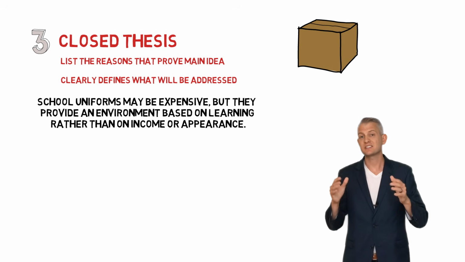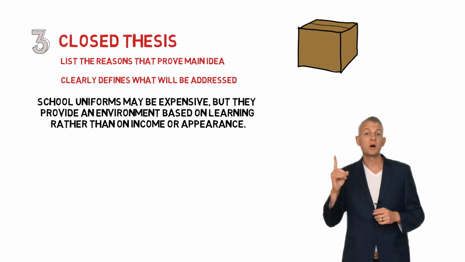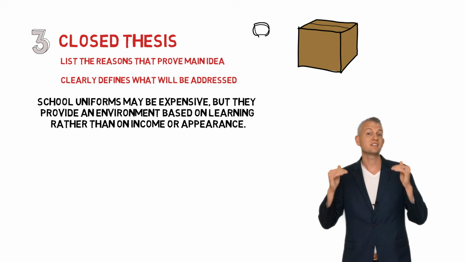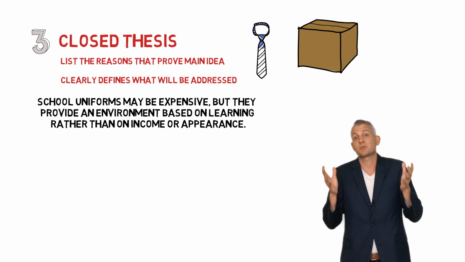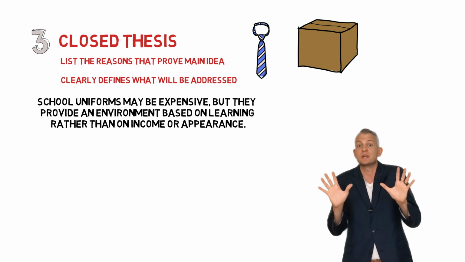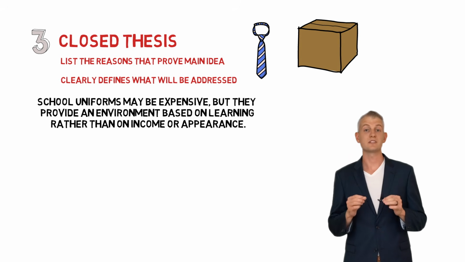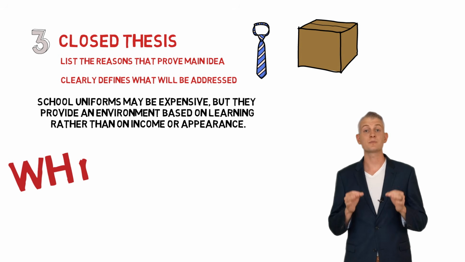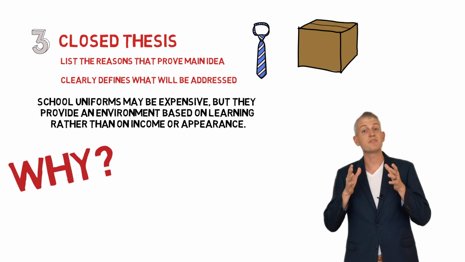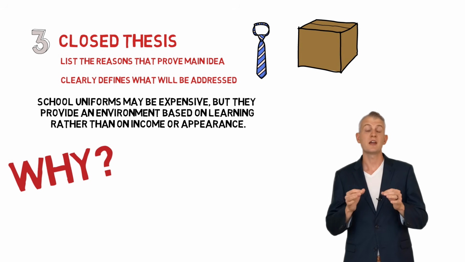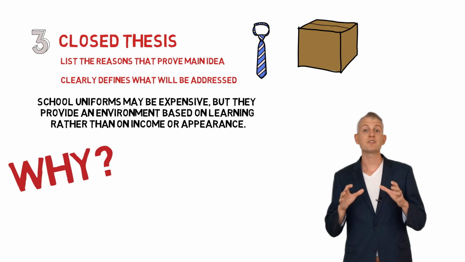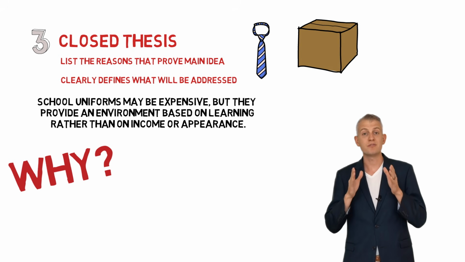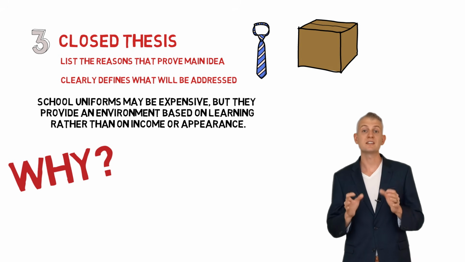Let's analyze this because I do a couple key things here. 1, I choose a side. I say that school uniforms are good. I'm pro school uniforms. It's not actually my real stance. Don't judge me. 2, I list the reasons. I tell you why school uniforms are a good thing. I tell you they focus on learning. And this is why we call it a closed thesis statement. It closes off your essay to other reasons and focuses it just on the ones listed in your thesis.